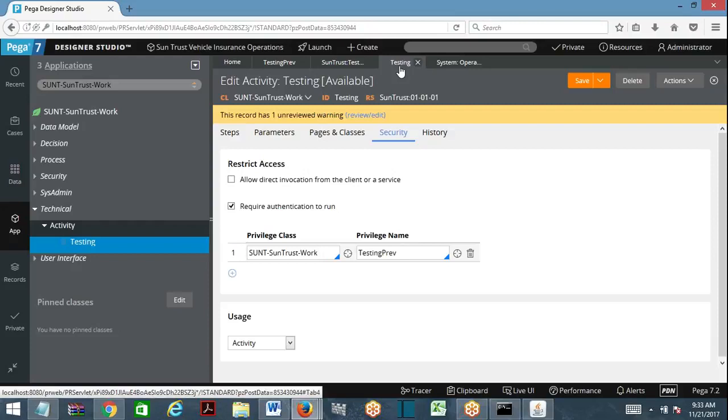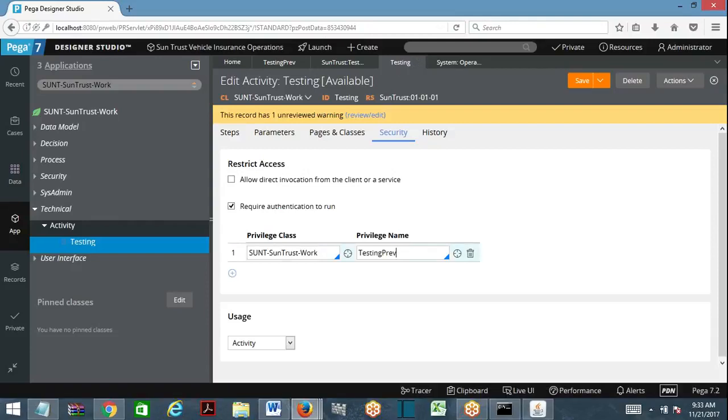But unlike that, when you add a privilege in role to object and use the privilege, the privilege has a facility to call on independent rules. Only on an independent activity, an independent section if it is available. Independent rules you can call privilege on. Now when you call the privilege, it looks at role to object. What is defined there will work only for the specific rule on which you are applying the privilege.